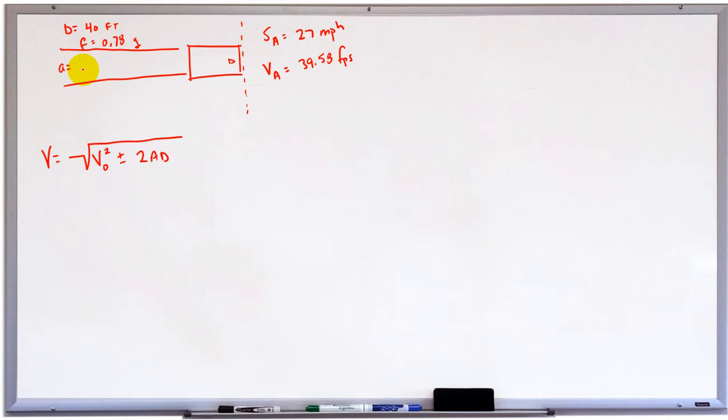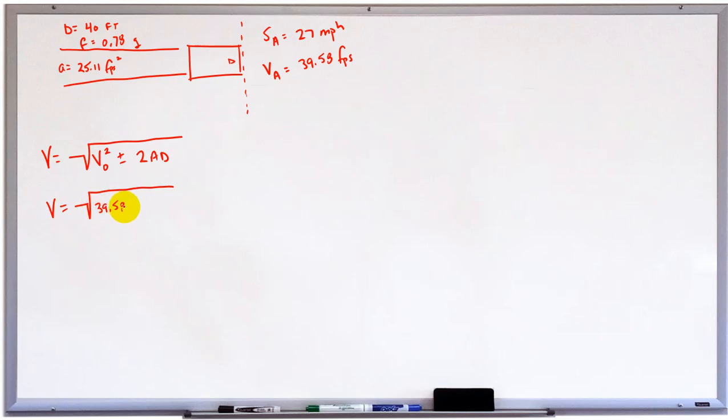So a is equal to 0.78 times 32.2, and that's going to give me an acceleration of 25.11 feet per second squared. So now I have everything I need to fill this in. So I'm going to say velocity is equal to